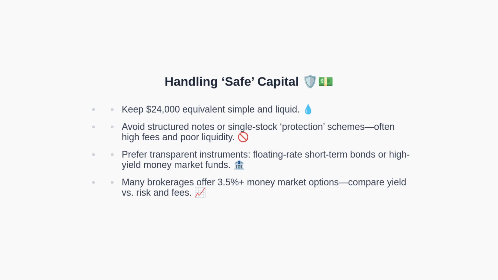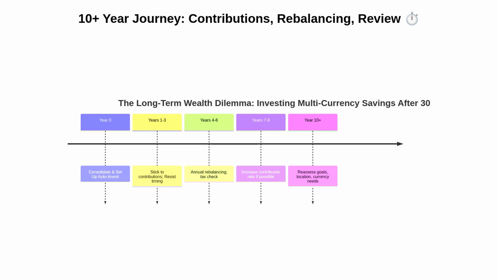Next, let's visualize the journey over a decade. This timeline shows a typical decade-long path. In year 0, consolidate currency and set up automatic investments. During years 1 through 3, focus on sticking to contributions and avoiding market timing. In years 4 to 6, continue annual rebalancing and review tax considerations. In years 7 to 9, increase contributions if your income allows. At year 10 and beyond, reassess goals, potential changes in location, and whether your currency mix still matches your spending